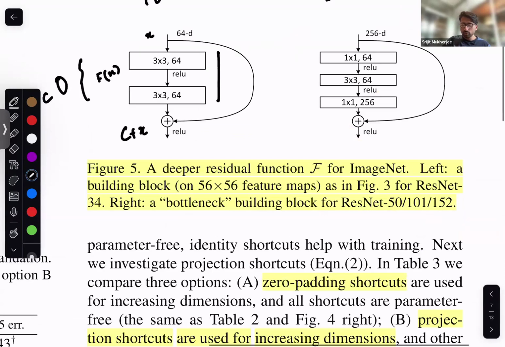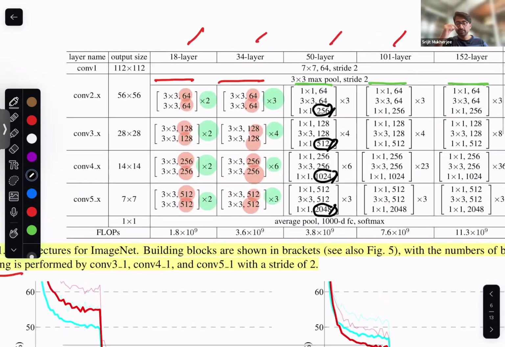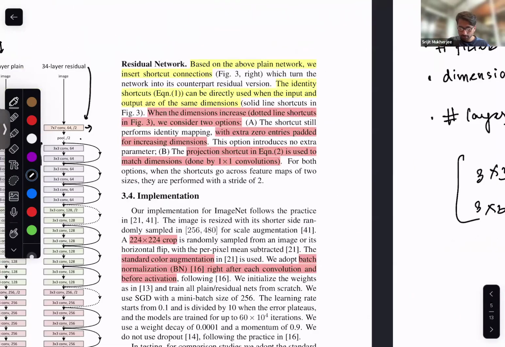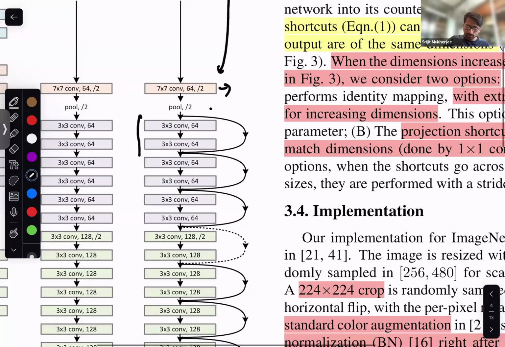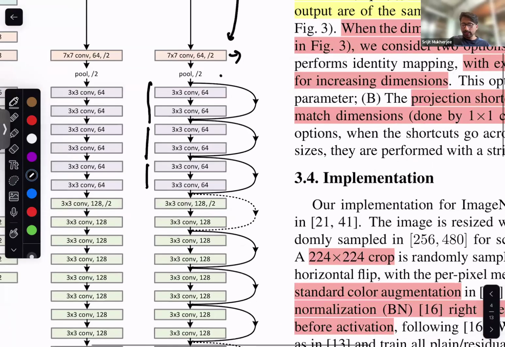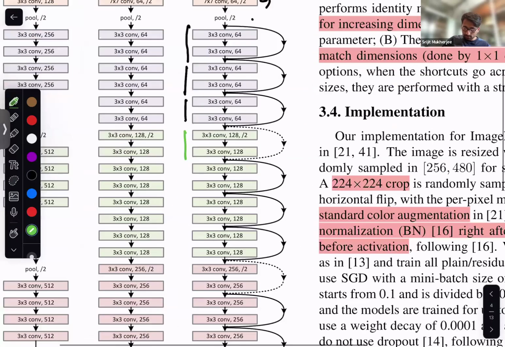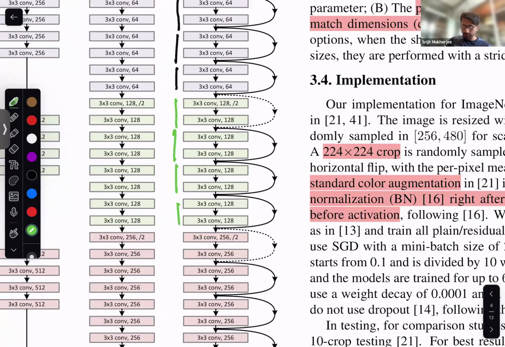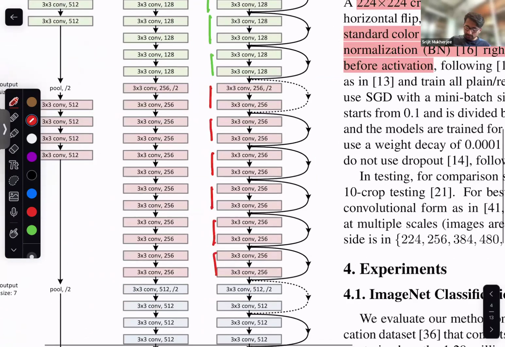So here there are three of them. Here there are 2 of them, and here there are 3 of them. Now observe how they do it. This is very important. Let me go to the picture once again. So they do this. This is for 34. So they take this convolution thing 3 times. And again, they take these residual blocks 4 times. They again take these residual blocks 1, 2, 3, 4, 5, 6 times. And again, they finally take it here